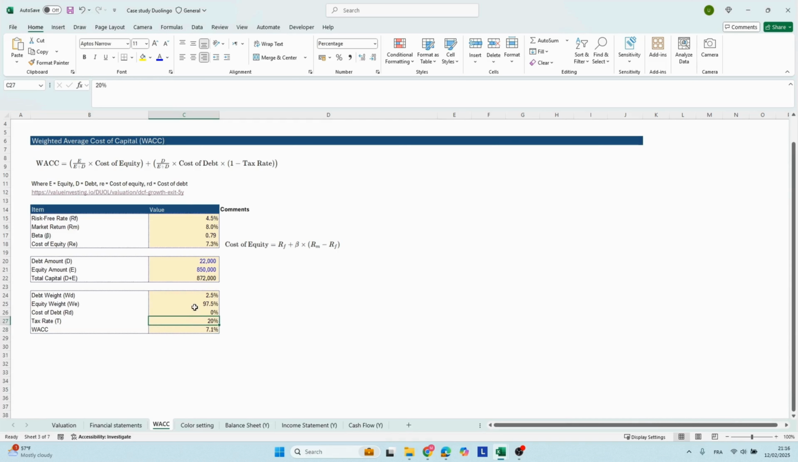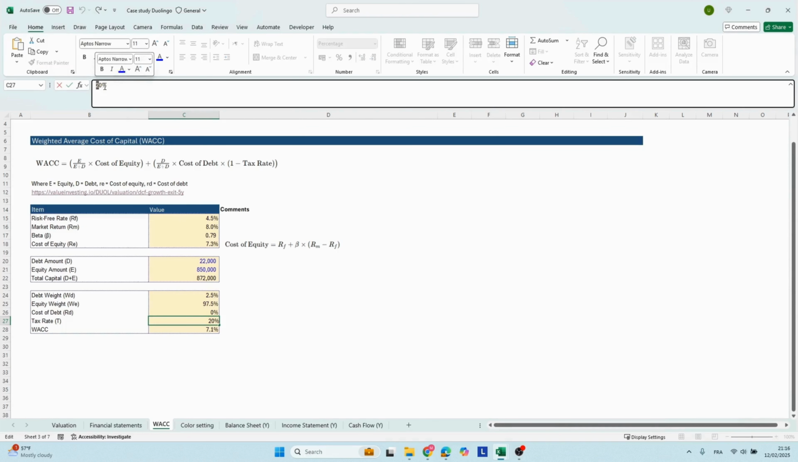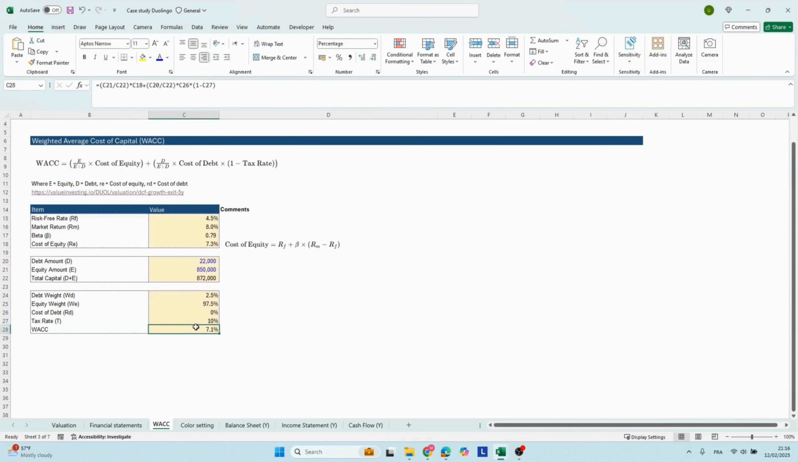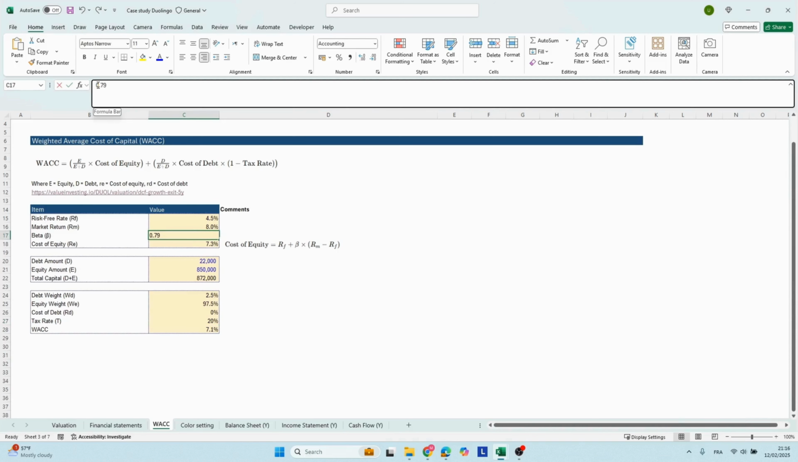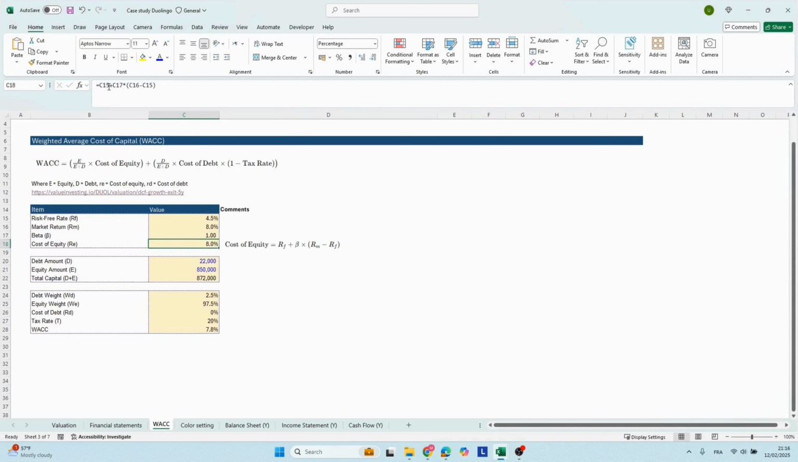For the tax, even if we put 10%, there is no big impact on the WACC calculation. For that reason, I used 20%, which is the average in the USA. But if we change beta by 1%, our WACC will change. So this is the calculation for WACC. We have a WACC of 7.1%, and this is under our